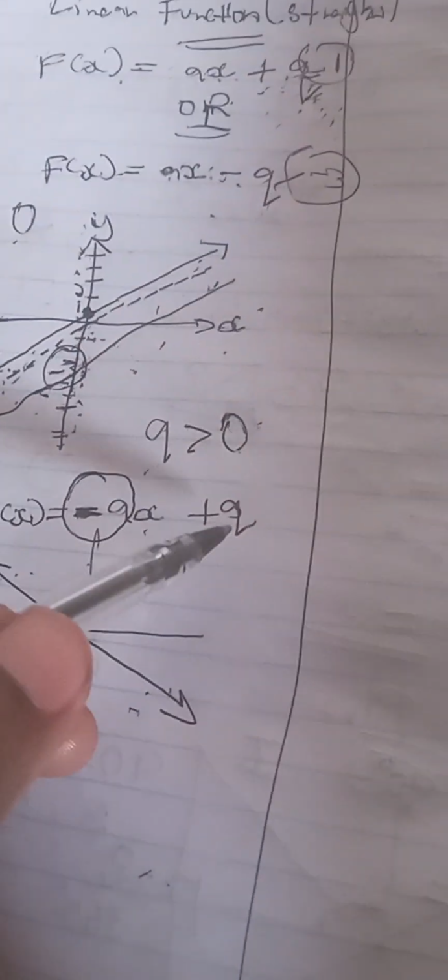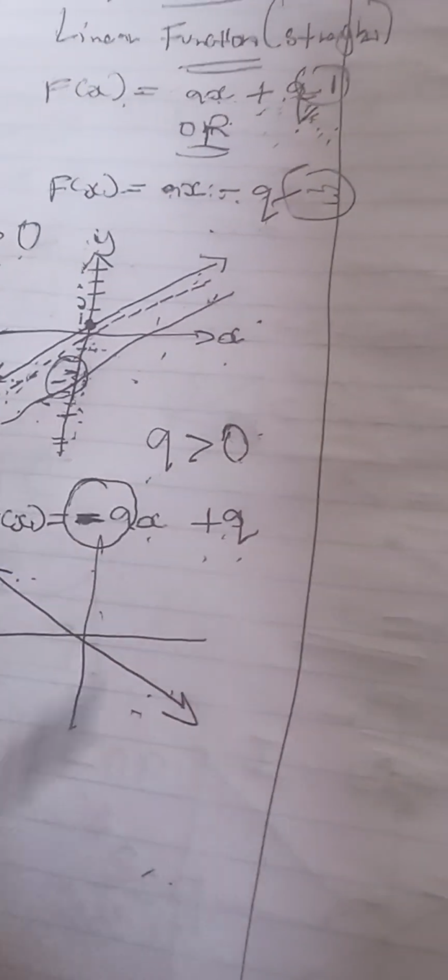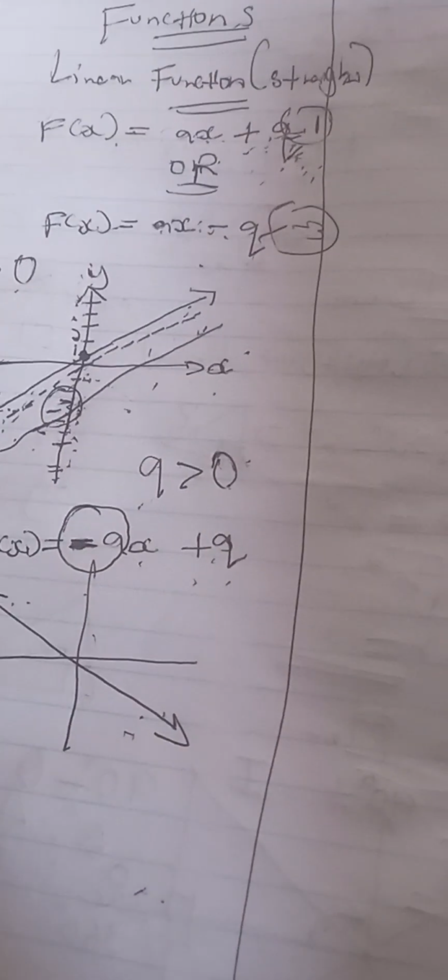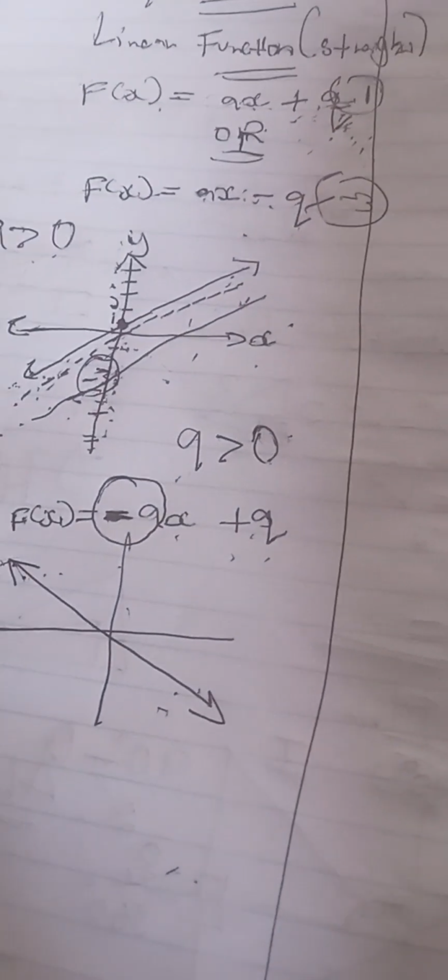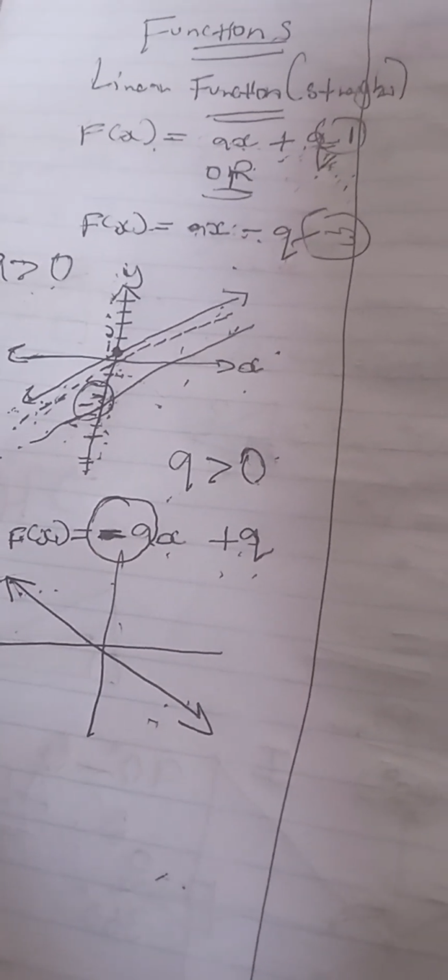Cool. And then the value of q is just the y-intercept. Why am I saying the y-intercept? Because when q is negative, my graph should cut the y-axis on the negative side. Then when the value of q is positive, my graph should cut the y-axis on the positive side. I hope that makes sense. I want to move